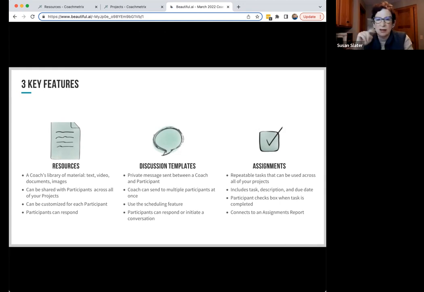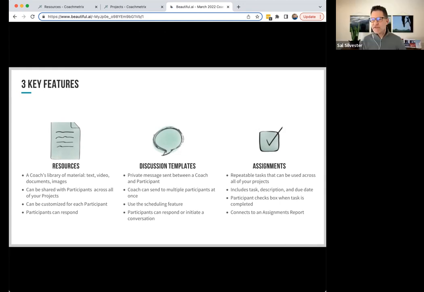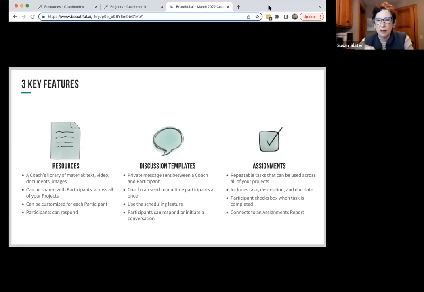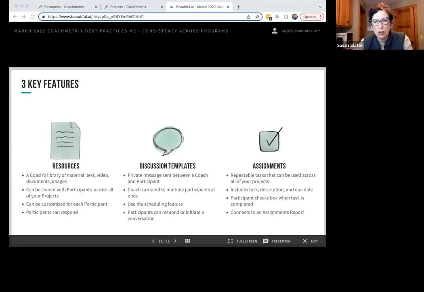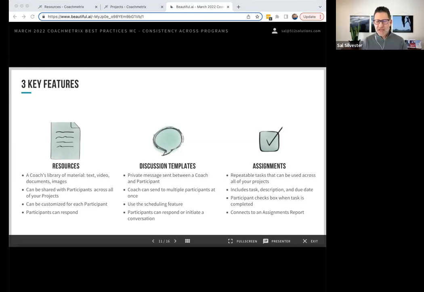I just had one question, Sal. On assignments, if you send them to people, one of the challenges I've had is that people will respond to them and say, I can do this, or I can't do this, or I need this, and try to send it back to me. And I never get what they send me. Do you know what I'm saying? I do understand that. So is assignments just a one-way tool? Yes, it is. It is a one-way tool.